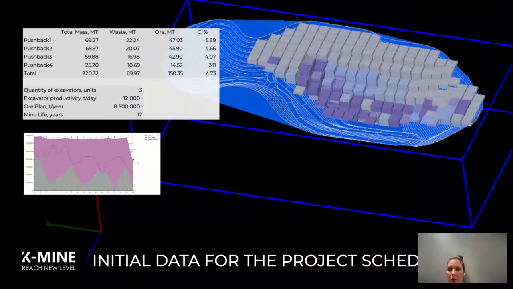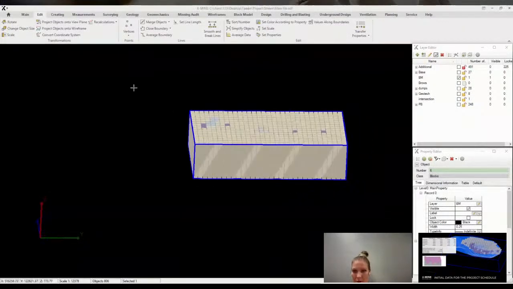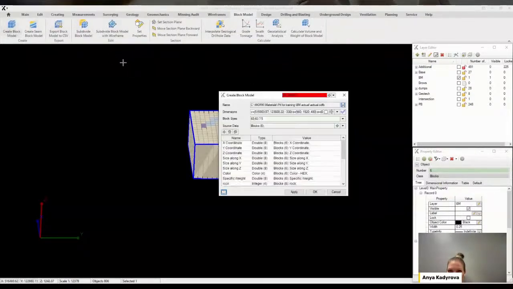So the process of preparing data for planning can be different as the data is different and the requirements for the project. This example will show how to record the belonging of a block to a specific pushback in a separate field of the block model. First, you need to create an additional field in the block model. To do this in K-Mine, it's necessary to recreate the block model indicating the additional field, setting the appropriate data